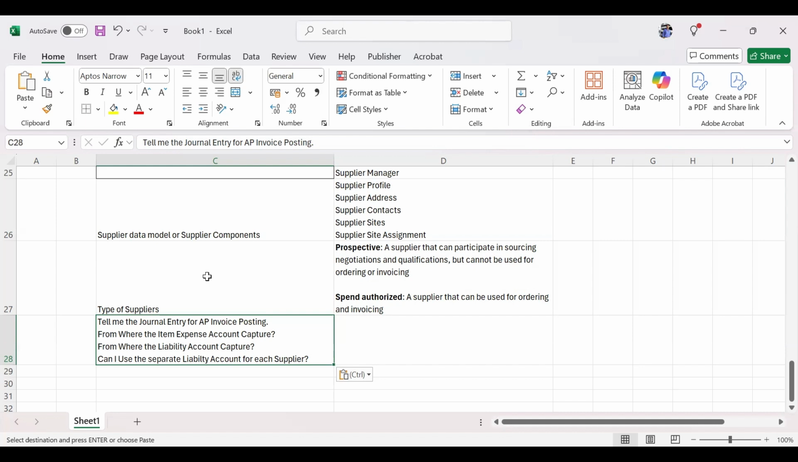Okay, let me explain that. We have an option when you create a supplier. I said I have multiple suppliers, and for each supplier I want to use different liability accounts. When you say that, when you create the supplier,